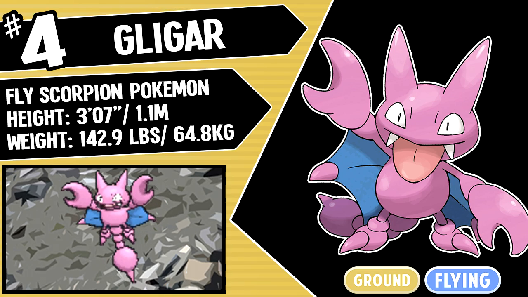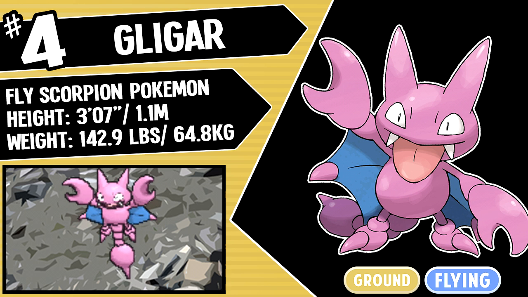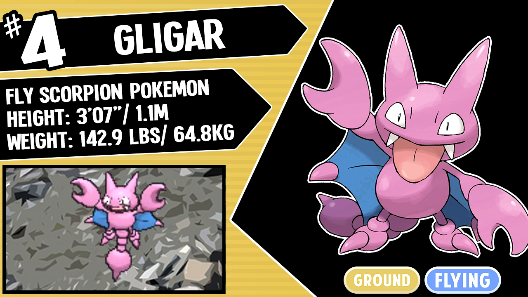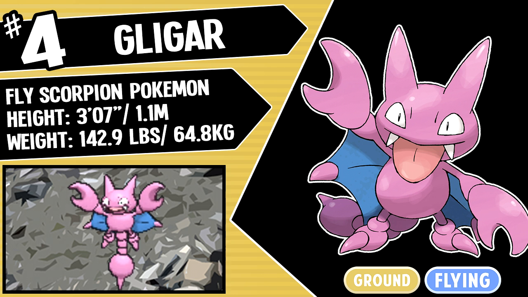So coming in at number 4 on this top 5 list is Gligar, and yes, Gligar, not Gliscor, Gligar. And Gligar is on this list for multiple reasons. One reason being, back in Generation 5, I always used to use Gligar on a UU team, because UU was my favorite tier to play back in Generation 5, because UU